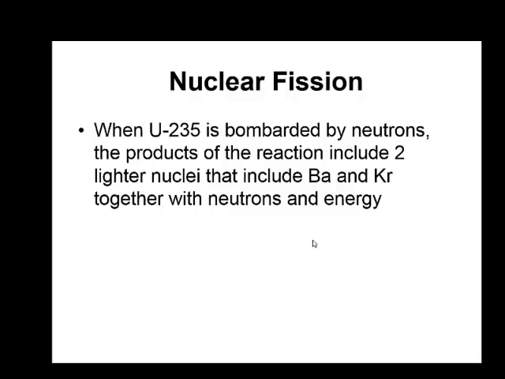And as a result, you're going to produce two nuclei that are smaller. In these two nuclei, you get barium and krypton, based on their atomic numbers, based on the number of protons found in each of the resulting two elements. In addition, you get extra neutrons released, as well as the energy, which is the radioactivity or the radiation released